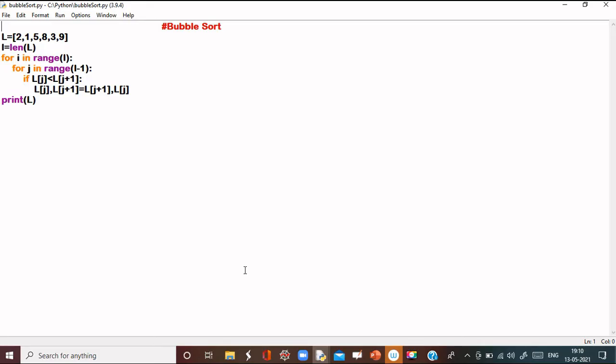Now the programming part of the bubble sort. So this is the program. I have already written the program, and in this program L is a list where some values are stored in an unordered way. This second statement is for the length of the list, and we have to run two nested loops.